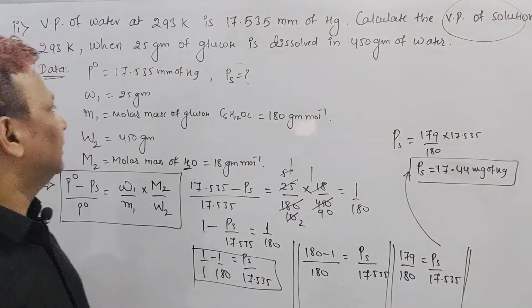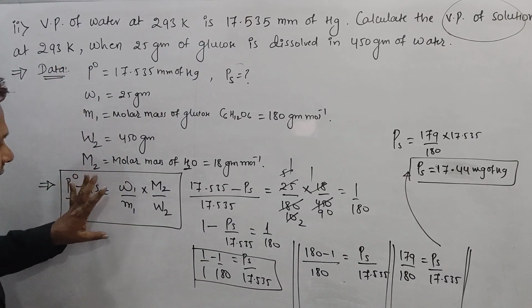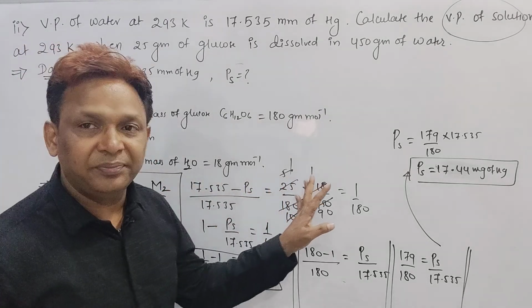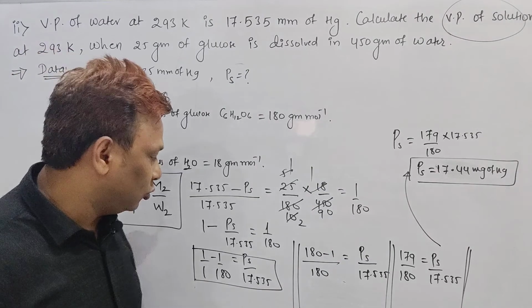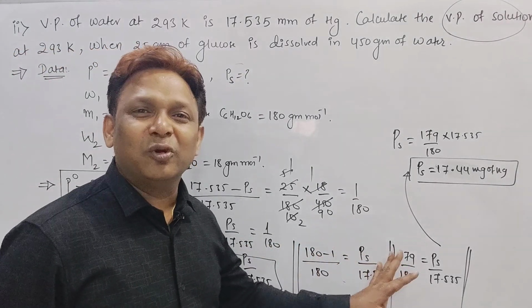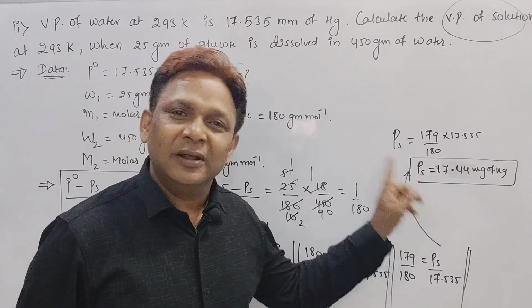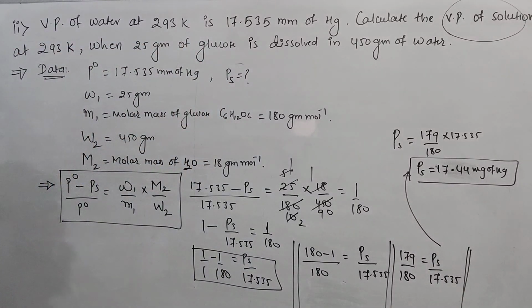It's very simple. First, write the given data and the formula. If you write the given data and formula, you get 1 mark. Substitute the values in all, solve it and reach up to here, we'll get 1 more mark. How many? 2 marks. And after solving this part and this part, again 1 more mark. How many? 3 marks. Get the direct answer 17.44, that is 1 mark. Total how many? 4 marks.